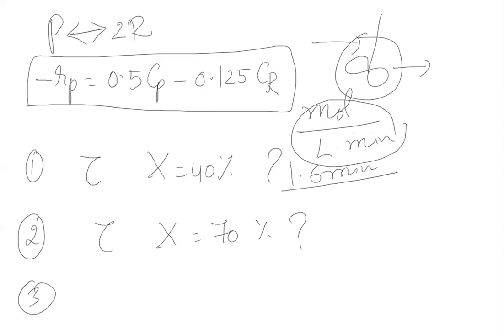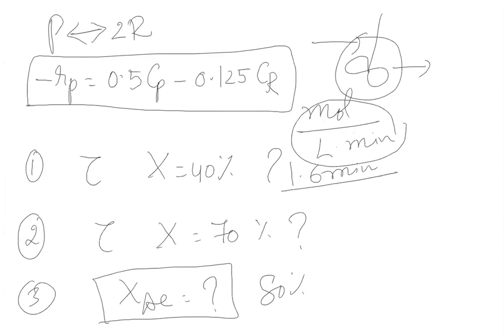Third question, can somebody write what is equilibrium conversion? Equilibrium conversion is 80%. So if we target 90%, what is the answer? We will get not possible. Beyond 80, 80 itself is not possible. Equilibrium conversion is also not possible. What is tau for 80% conversion? It is infinity. That means equilibrium is possible if you give infinite residence time.